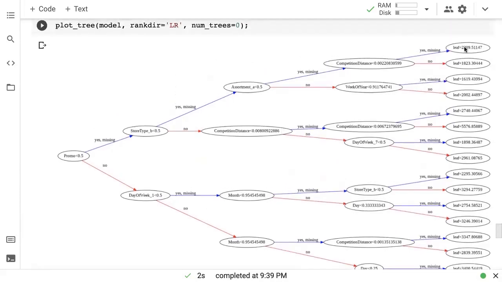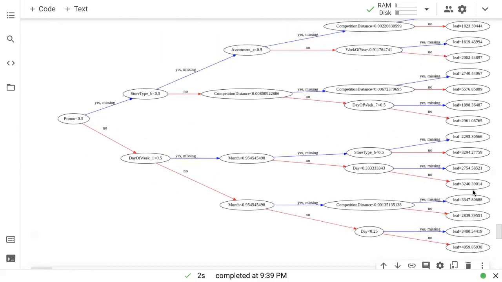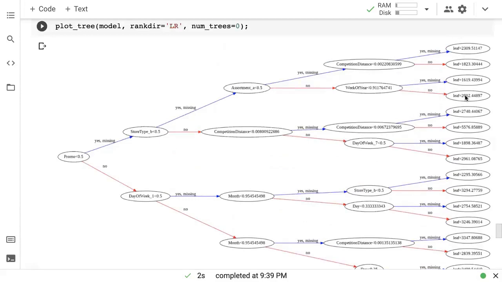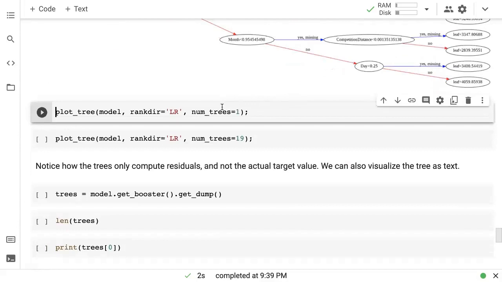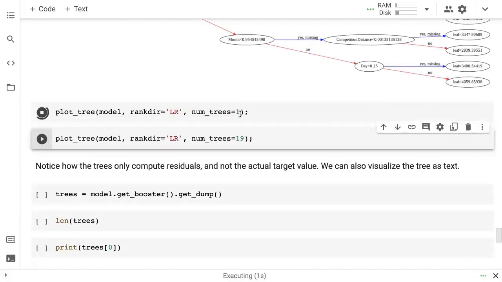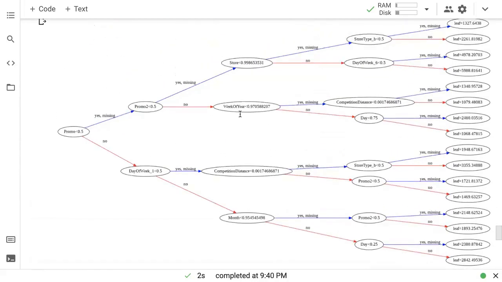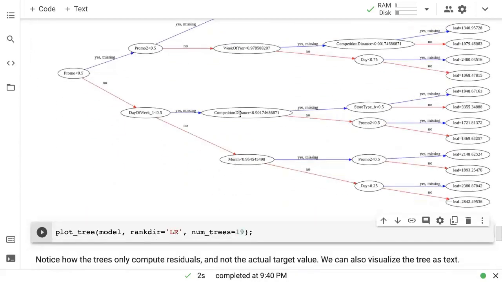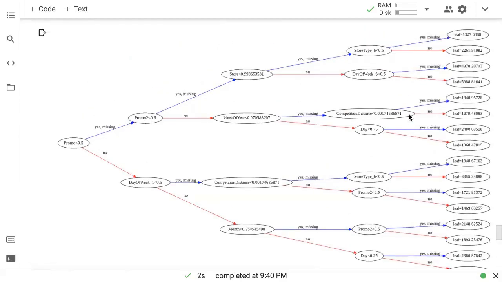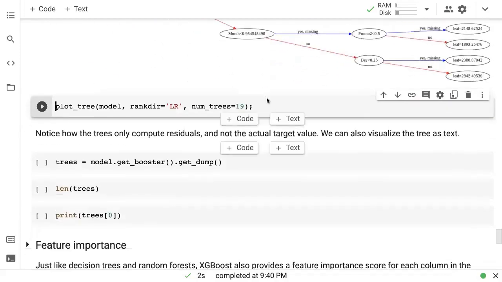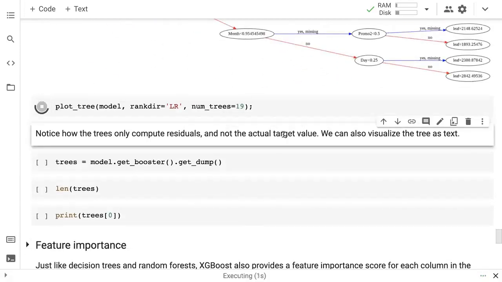And I will draw your attention to these values. You see here 23091823, and maybe you'll also see, yeah. So all of these are not predictions for the actual sales. This is simply the deviation from the average that we are predicting here. And if I show you the next tree, num_trees equals 1, this is going to try and correct the issues that have been created by the first tree, or the residuals that remain after adding the first tree. So here are the leaf nodes, and you can see that these numbers are getting smaller. These are no longer that large. These are definitely smaller.